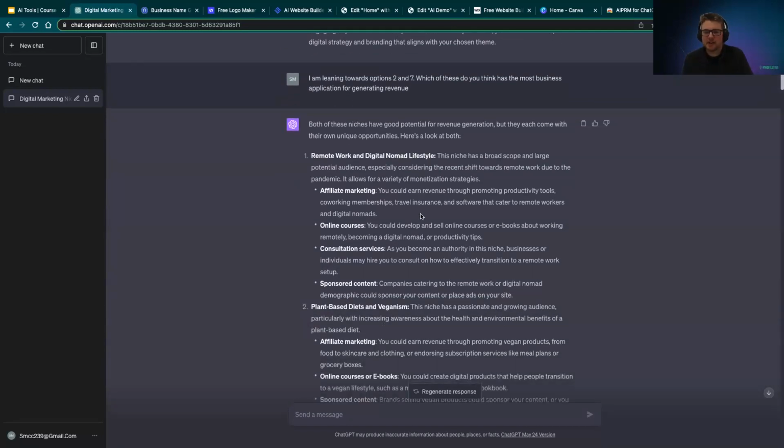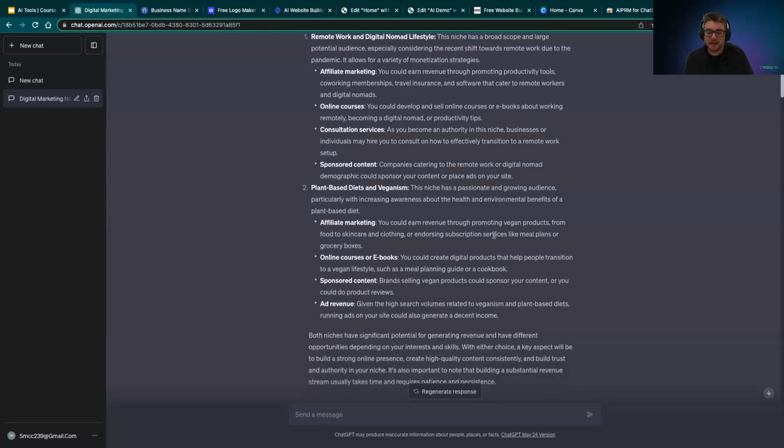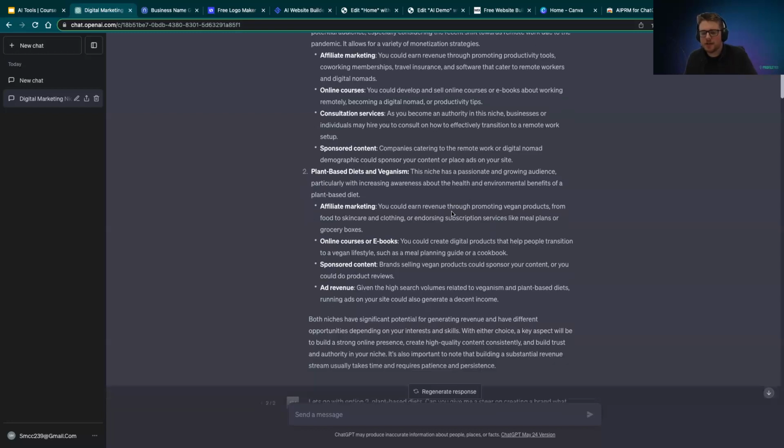And again, you'll see now it's come back with a couple of ideas for revenue generation. So it's talking about affiliate marketing, selling courses online, consultancy services, or even sponsored content. And it then scans across to the likes of our plant-based diets. So we can have a look again at the likes of affiliate marketing, sponsored content, ad revenue, or even online courses or ebooks. So again, amazing opportunities, amazing just to kind of get that ground started and where we go